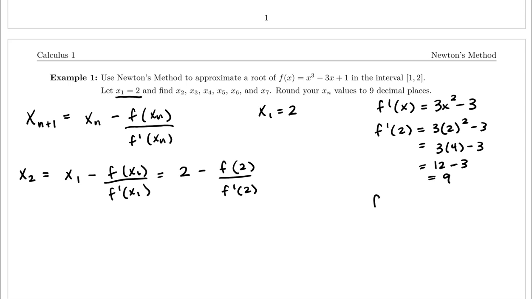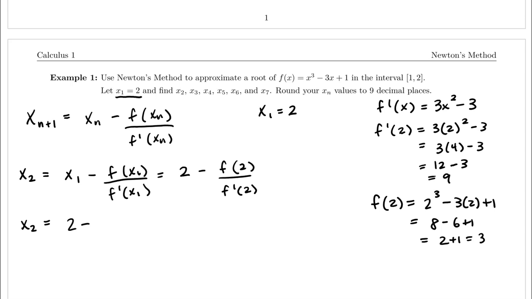Notice in my formula, I also need to evaluate f of 2. So let's do that. That would give me 2 cubed minus 3 times 2 plus 1. Okay, so then we have x sub 2 is equal to 2 minus 3 over 9. So that's 2 minus 1/3, which is equal to 6 over 3 minus 1/3, which is equal to